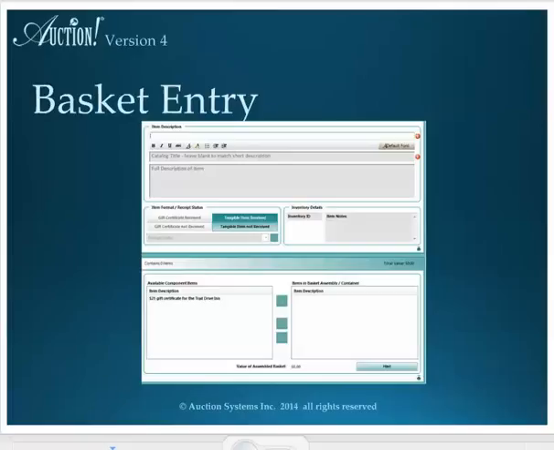Let's take the example of an automotive basket that includes a gift card for an oil change from a company called Bob's Automotive. If you were selling this oil change as a standalone item, the short item description might be oil change from Bob's Automotive. And the full item description might be good for one oil change, call to make an appointment, expires December 31st,